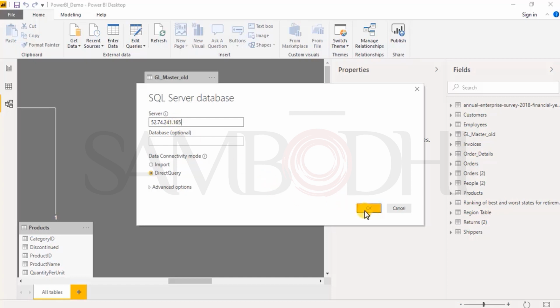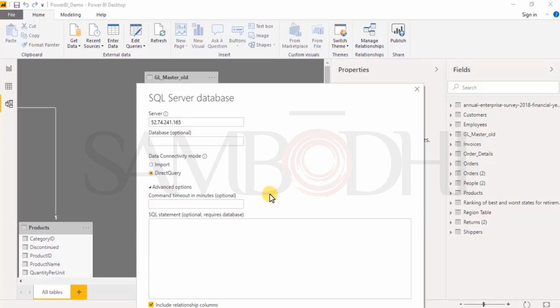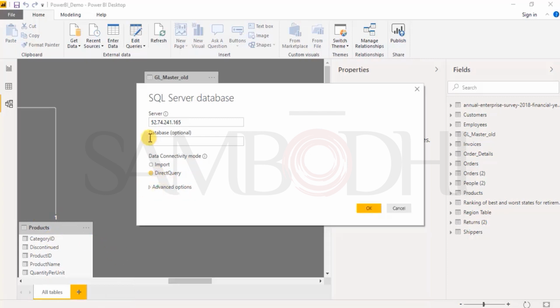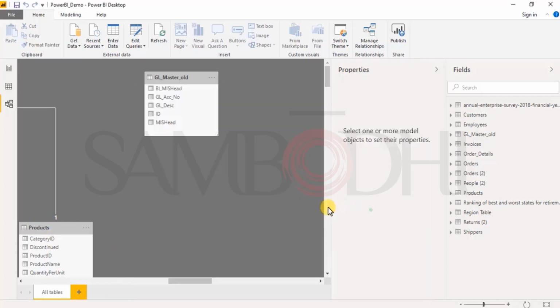Alright. And there are advanced options as in, do you have any SQL statement? And do you want to include relationship columns? So if there are master key and foreign key, primary key relationship, do you want to maintain them while you want to import, like we saw in the earlier products table? Right now, we don't want anything of the advanced option. We just say direct query to one of the tables. So when we say GL master,